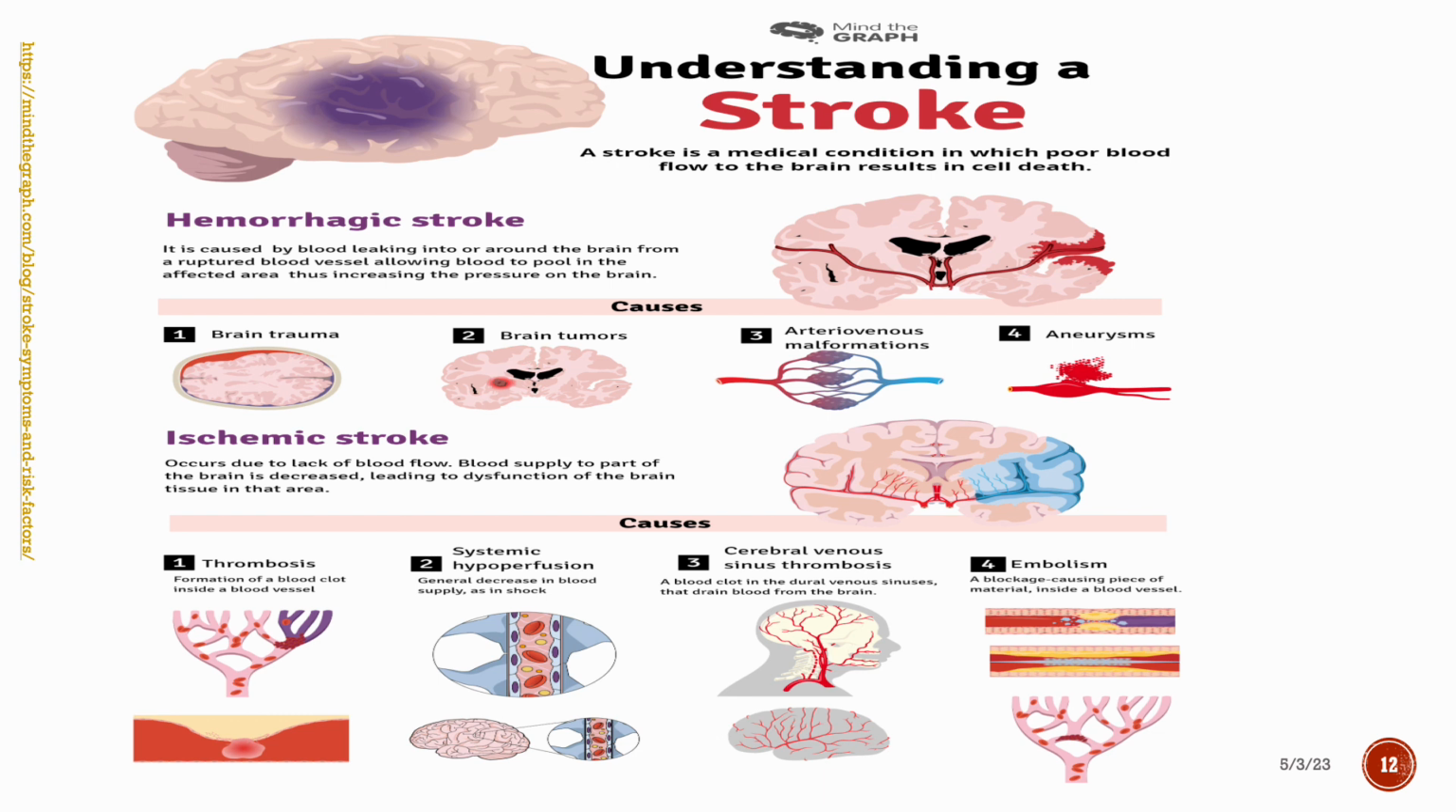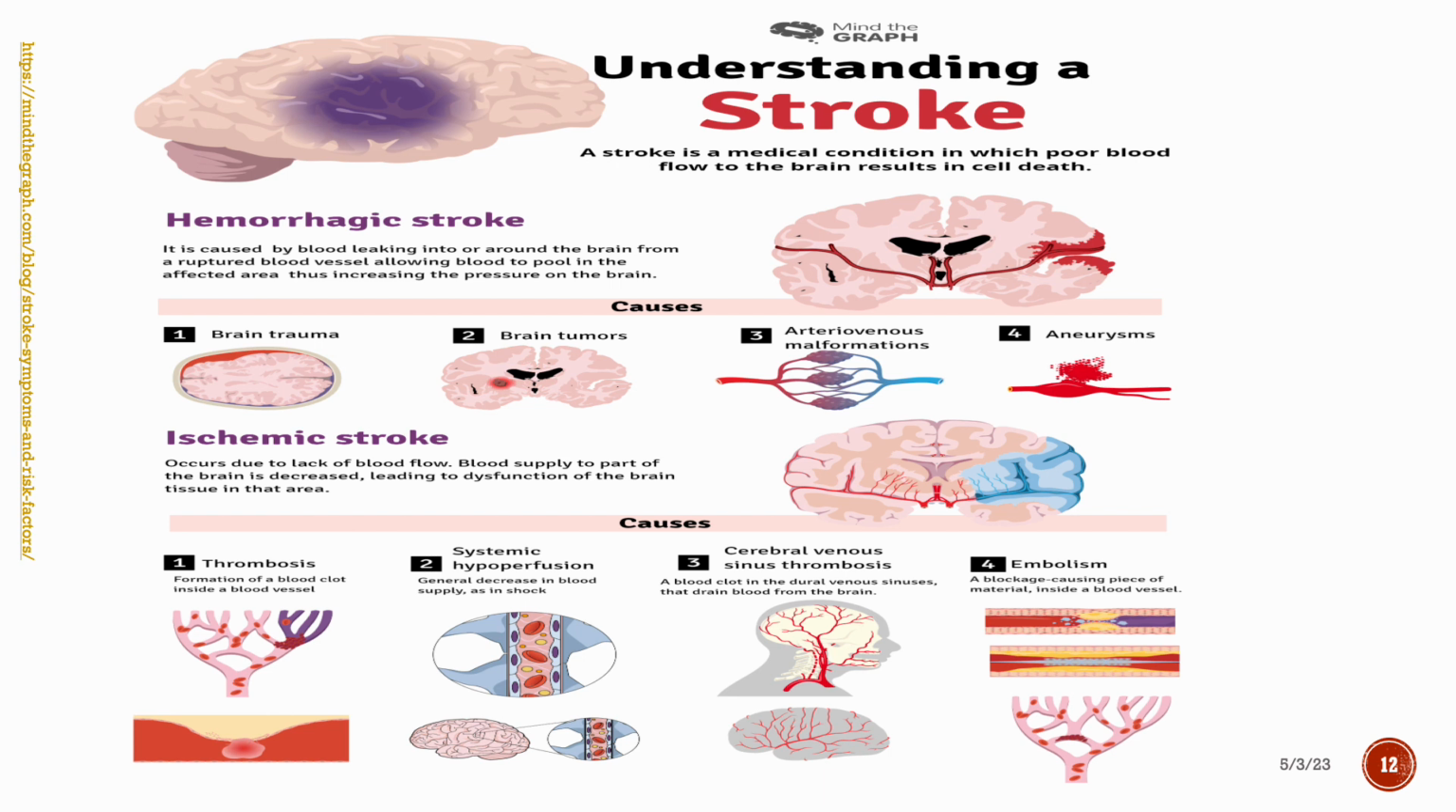This slide better depicts how each of them are done with the picture and the wording. So hemorrhagic stroke is caused by blood leaking into or around the brain from the ruptured blood vessels, allowing blood to pour into the affected area, thus increasing the pressure of the brain. You can see on the right side of the brain where you will see the actual rupture. The causes are brain trauma, brain tumor,